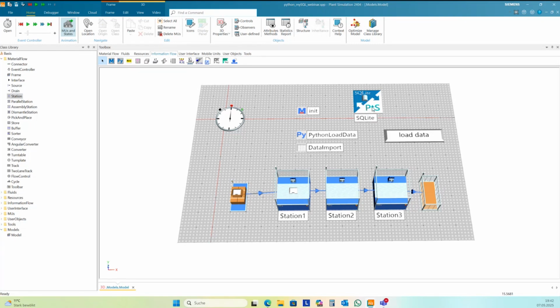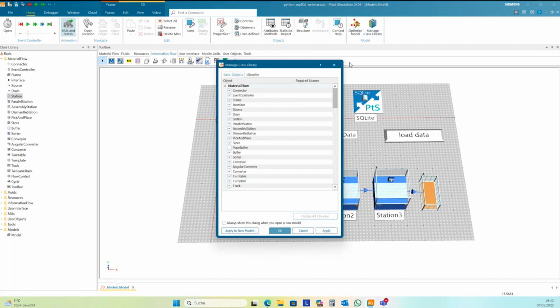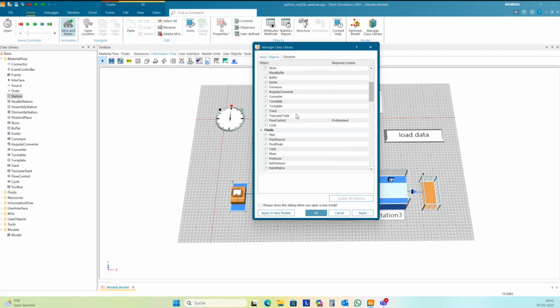For an external database, you need to use some interface in Plant Simulation. You find a lot of interfaces for databases. By default, you have an ODBC database interface, and you have Oracle database interfaces for versions 11 and 19. But to do this, you need the interface package.